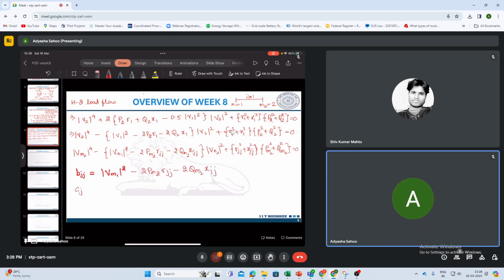And let Cjj be the constant part: Rjj square plus Xjj square, times Pm2 square plus Qm2 square. And additionally, let me take Vm2 square as x. X will be confusing, let us take it as t. So now this equation 1, we can rewrite it as